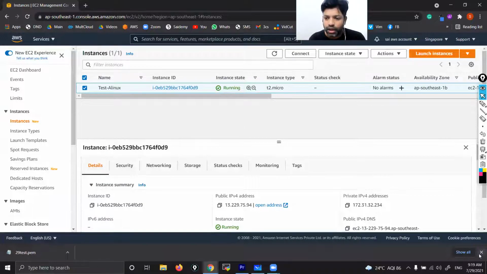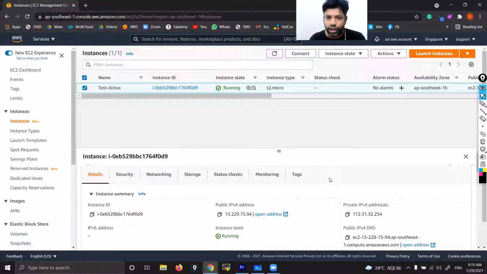Now, okay, we launch it quickly. With quick launch, you can do either Windows or Linux. That's up to you. The quick access option is right there, but that is only for Linux. For Windows, that is not there.